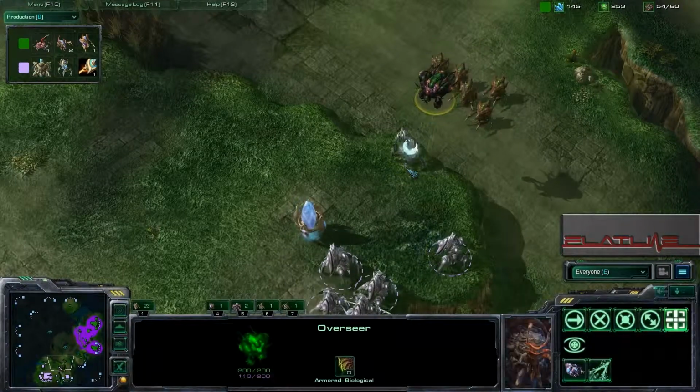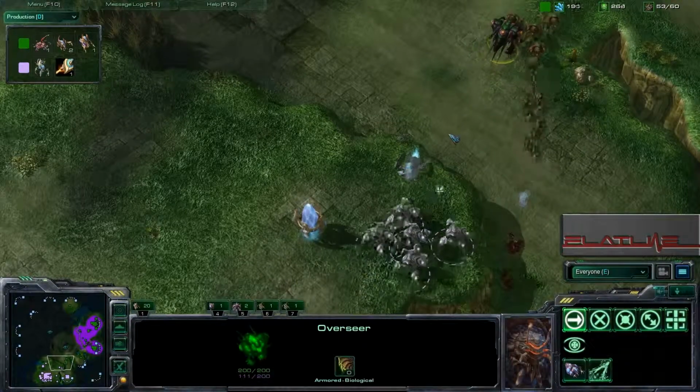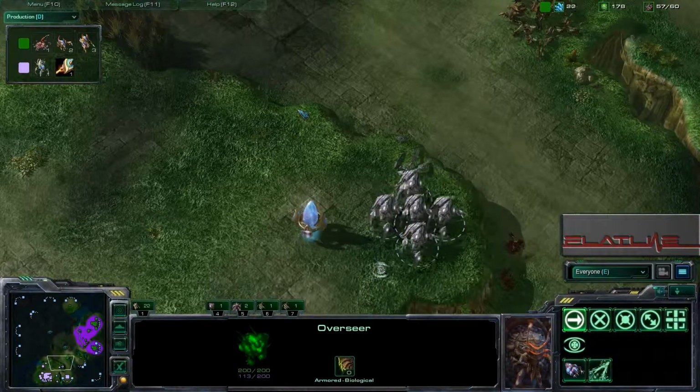Hydras not going to be effective against Stalkers as well. Ooh, using his trick against him, going to be picking off Hydras on the ledge, or picking off Stalkers with Hydras on the ledge. Again,